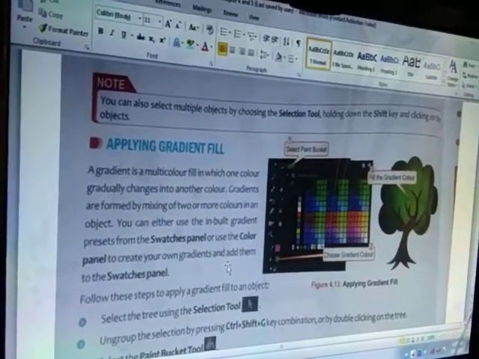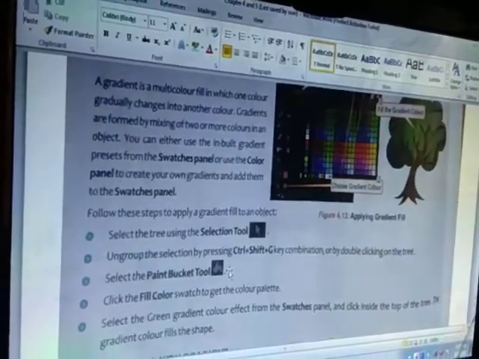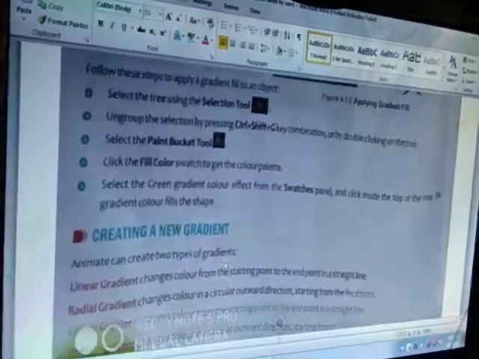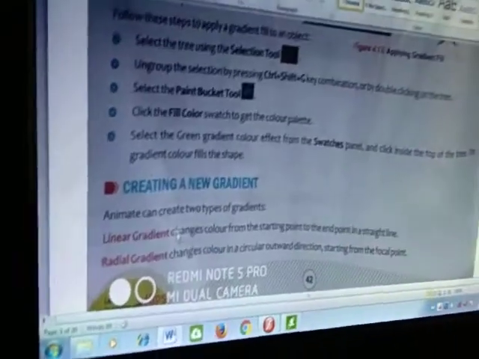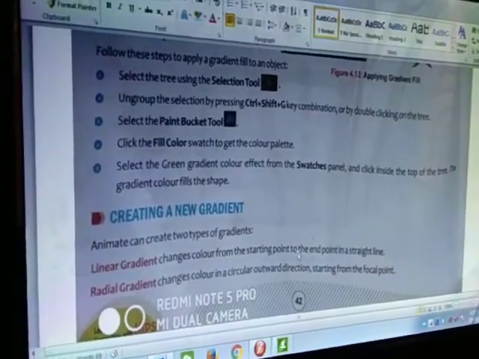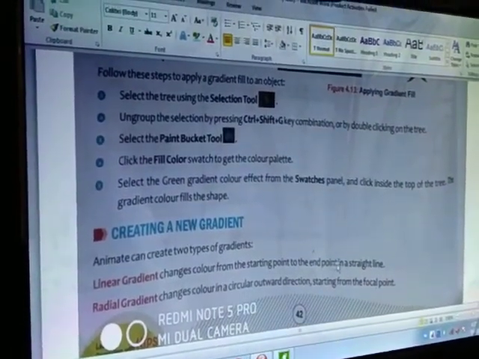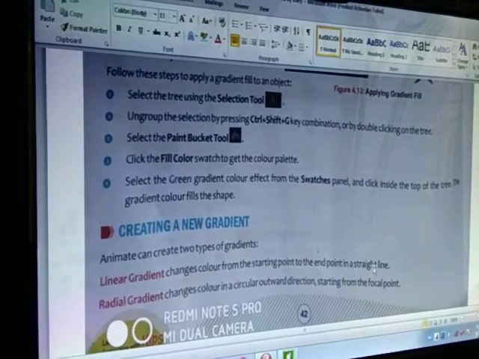So there are two types of gradient color. The first one is known as a linear gradient and the second one is known as a radial gradient. So what is a linear gradient? The linear gradient changes color from a start point to an end point in a straight line.